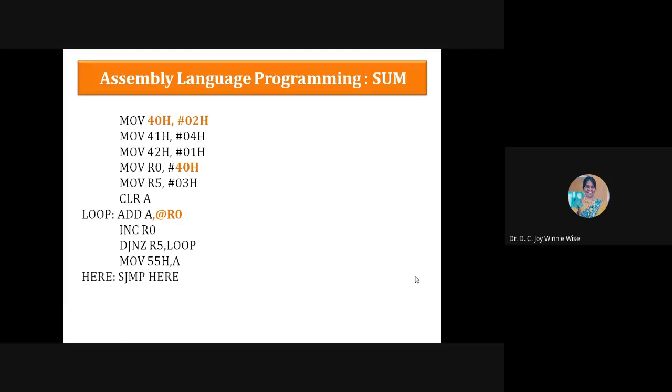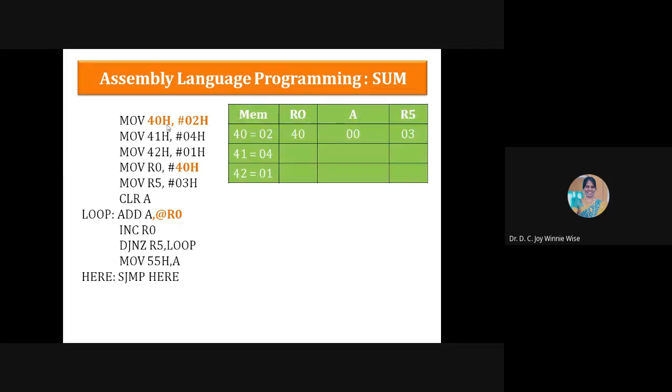What we are going to do here is, there is the data. Instead of storing the data in the registers, I'm storing the data in the memory location. That is direct addressing, this one 40, 41, and 42. Okay. So instead of storing the values in R0, R1, and R2, I'm taking these 8-bit addresses 40H, 41, and 42. Okay. So here in this memory location, 40 contains the first data 02 and 41 contains the data 04 and the third data is available in 42.